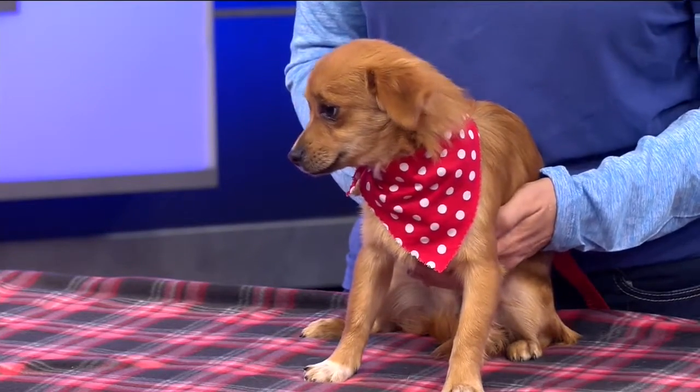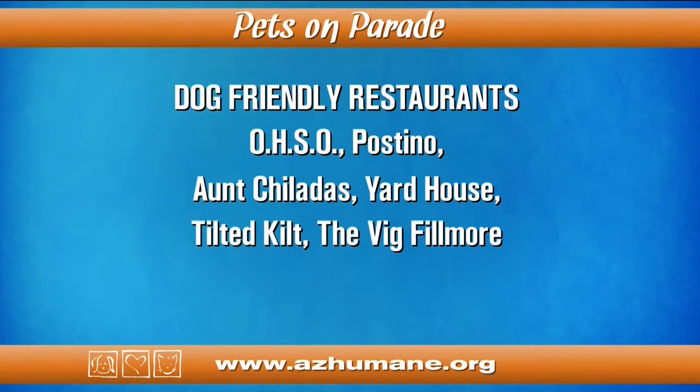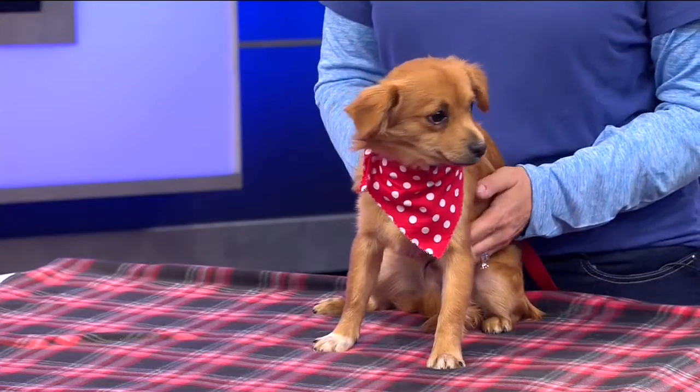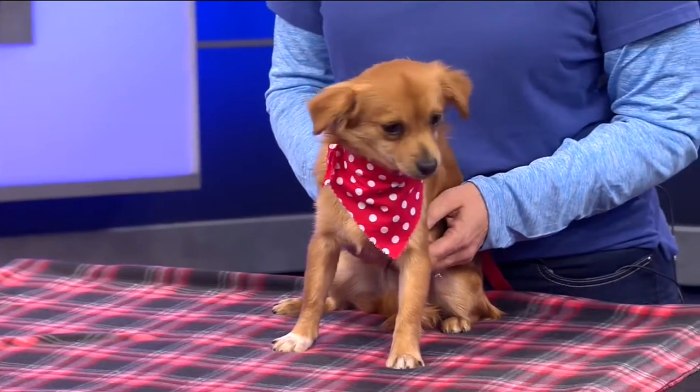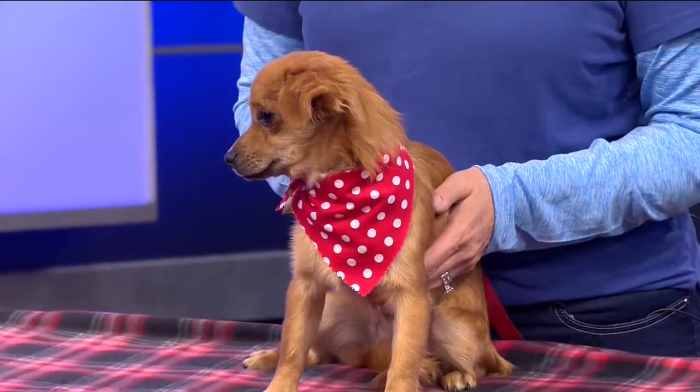Dog-friendly patios are wonderful at this time of the year. You can sit outside and have dinner with your canine companion. And we've got several patio-friendly, dog-friendly restaurants such as Oso, Postino's, Enchiladas, Yard House, the Tilted Kilt, and the Vig Fillmore. All you need to do is let them know that you want patio seating and you brought your dog. Usually they bring you a bowl of water and some extra treats for your canine pal. And little Shorty here says he's not